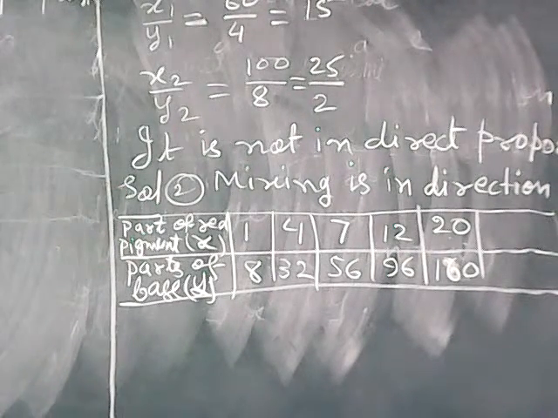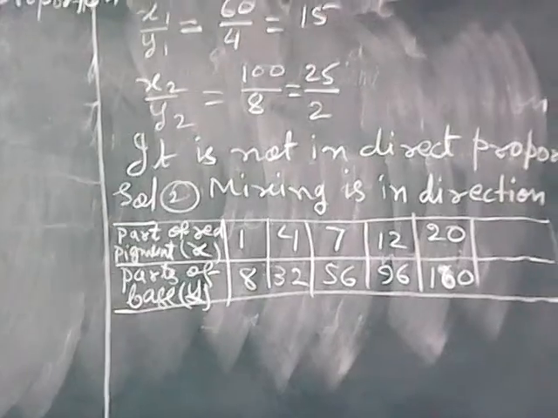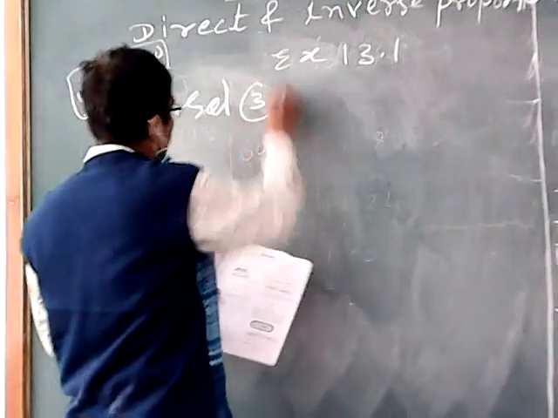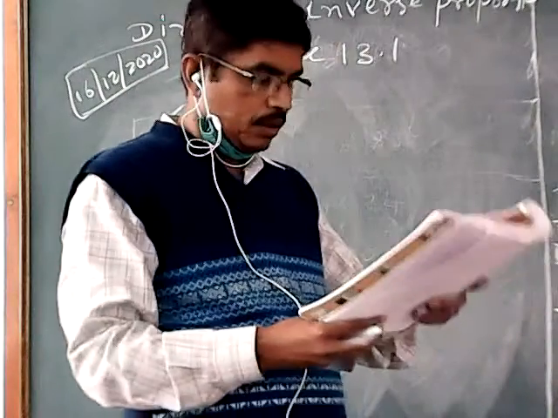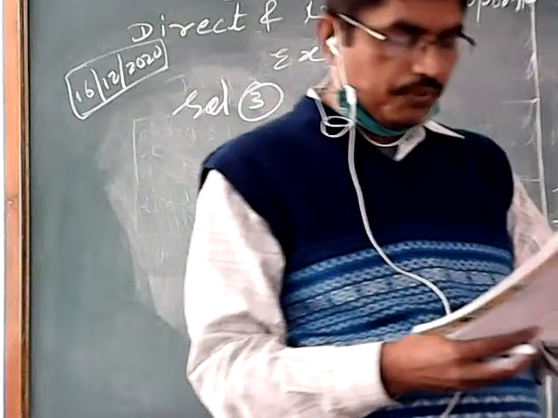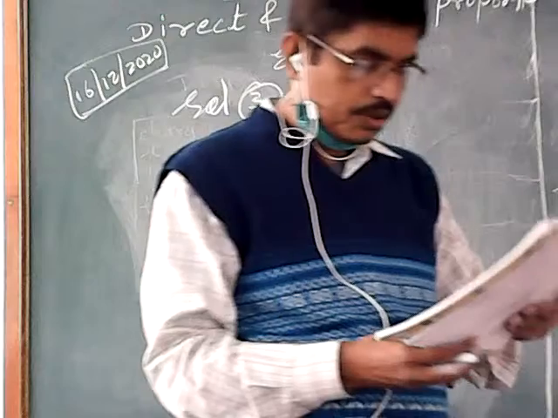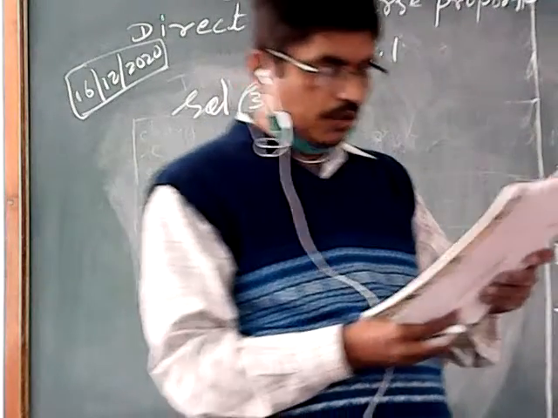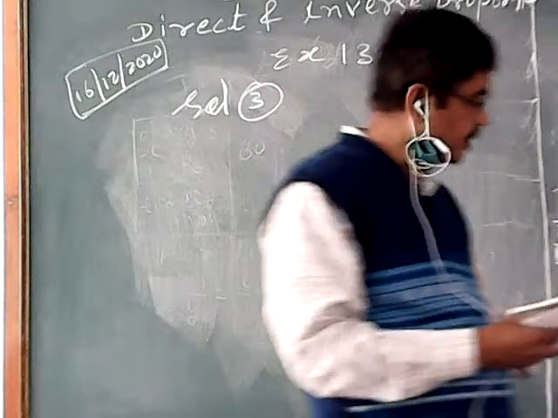Okay, so next, let us see, this is solution 3. In question number 2 above, if one part of the red pigment requires 75 ml of base, how much red pigment should be mixed with 1800 milliliter of base? So using the same table,